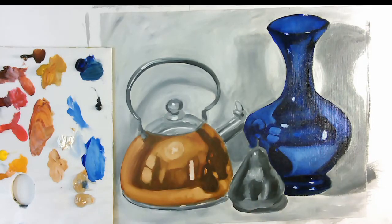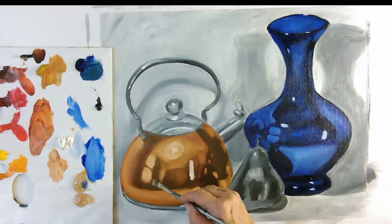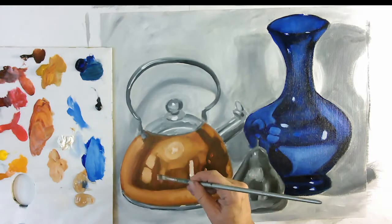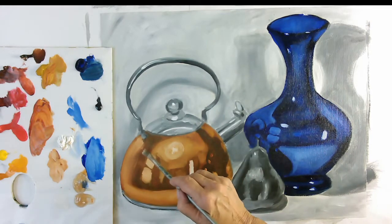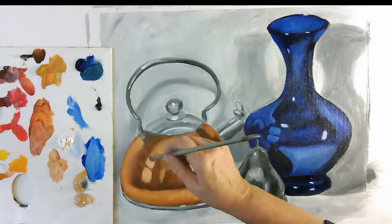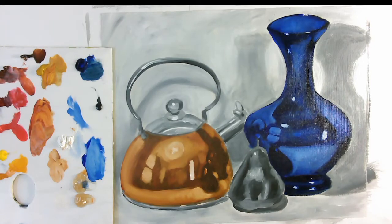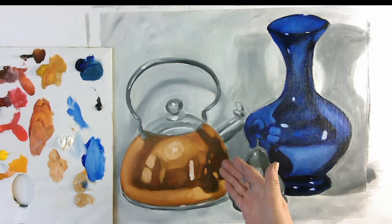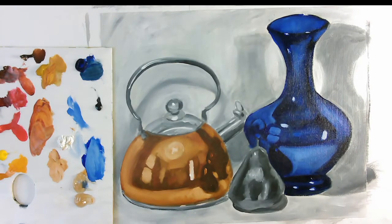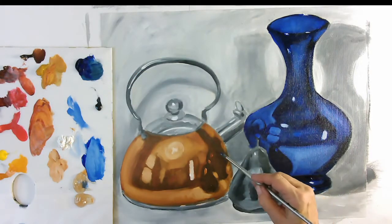And I'm going to use some more actual burnt sienna, so I'm going to pick it up as a straight colour, and I just want a little bit more stuff happening in there. And what I might do is have a bit of a fluff. There's my fluffing brush. I just want to get rid of some of those brush strokes. There we go, a nice shiny kettle, but it's reflecting this blue jar, so I'm just going to pick up some blue and plonk it in